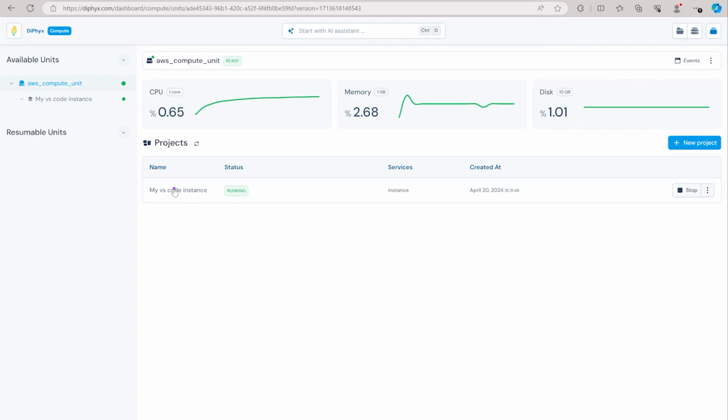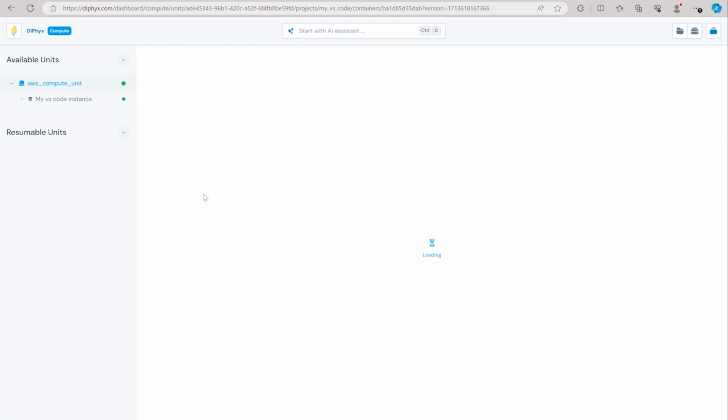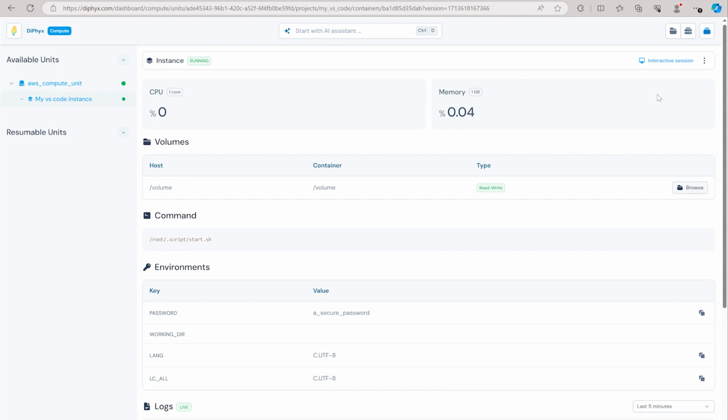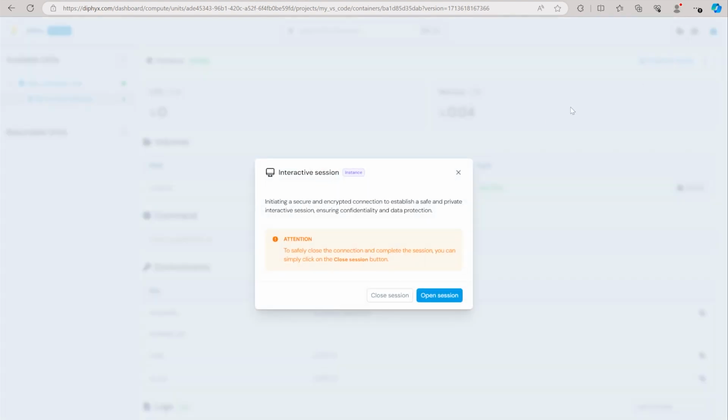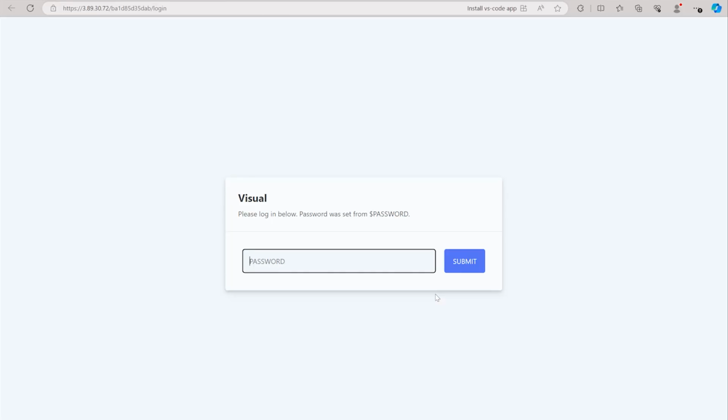To access your Visual Studio Code instance on the cloud, first navigate to the Instance Details page. Click on the Interactive Session button located at the top right corner of the page. A dialog box will appear, informing you that opening a session establishes a secure and encrypted connection, which you can